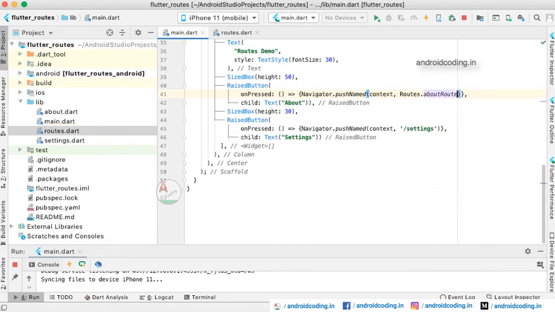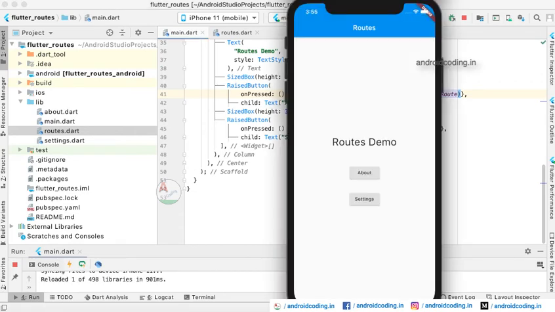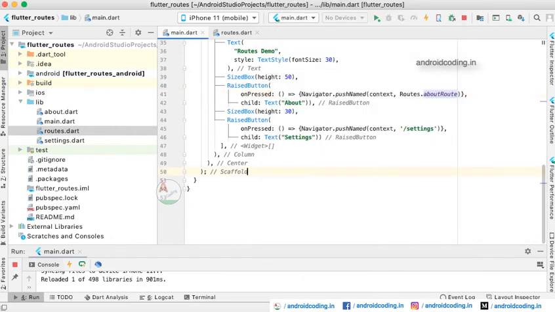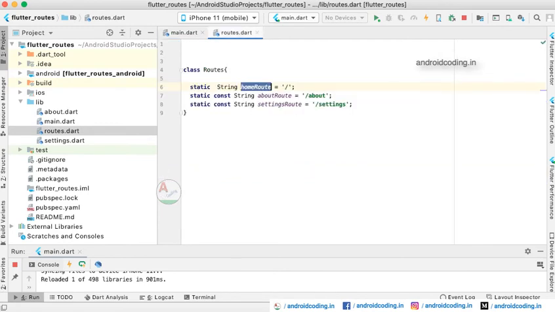Routes.about, and let us try whether this will work or not. Let us perform a hot reload, and yes, this also works. So we might specify either case, Routes.aboutRoute. Here you can see what is aboutRoute: slash about.